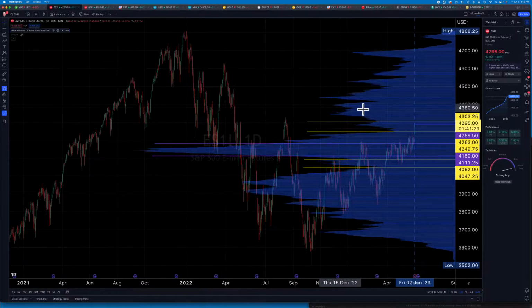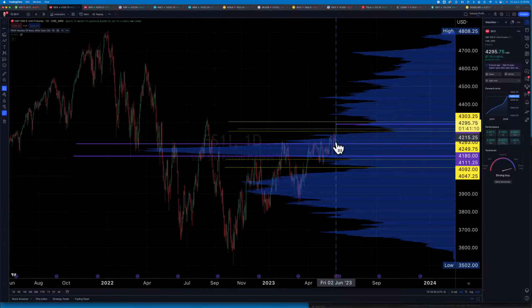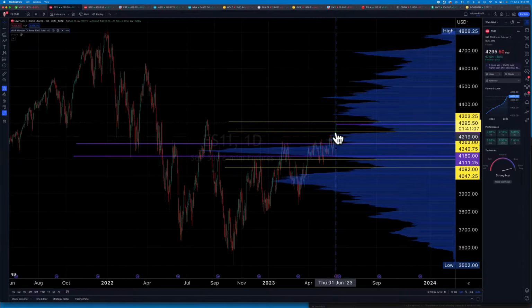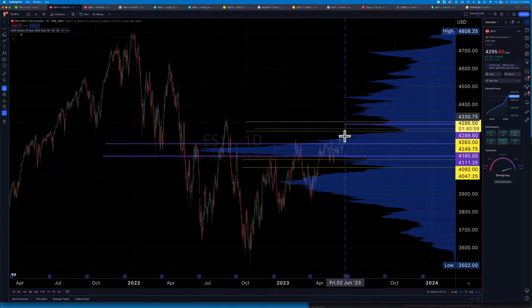Now, in this case, we have this kind of very loosely tied together lesser nodes. But once we get out of this big node here that we've been in for a long, long time, we break out. And you can see that that's exactly what's happening here. We're breaking out. If you look very closely, you can see that bar, we're breaking out. And that's because we're coming into this area that has much less liquidity. And so we can break out easily and create these very long bars of movement. And so that's exactly what's happening here.